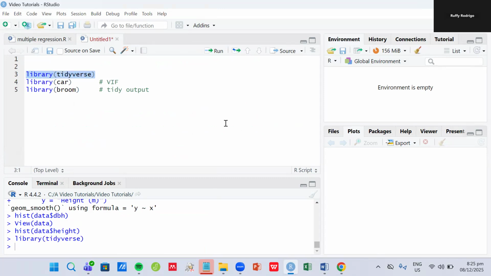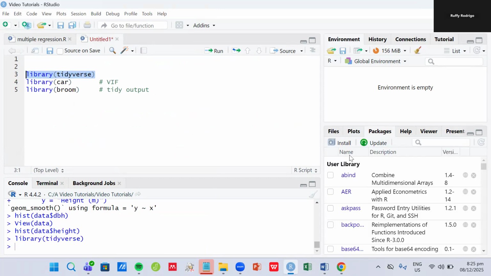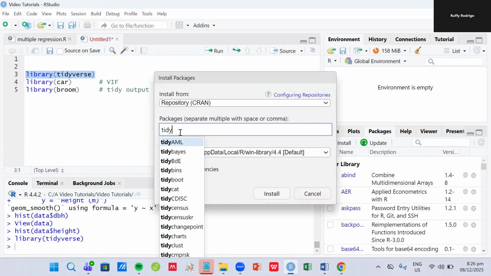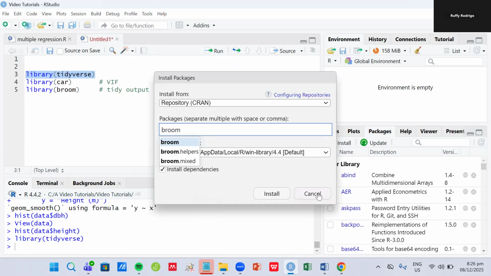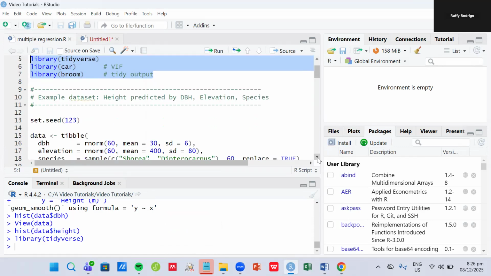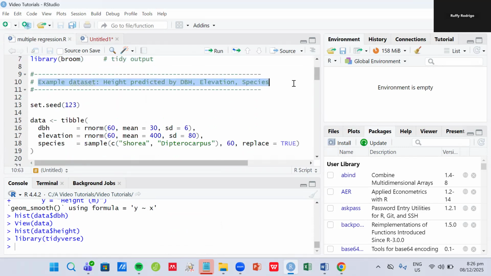If you don't have these packages, you just go to packages, install, and type in tidyverse, then click install, and the same for car. But I'm not going to do that because they're already pre-installed in my RStudio. So for that, let's